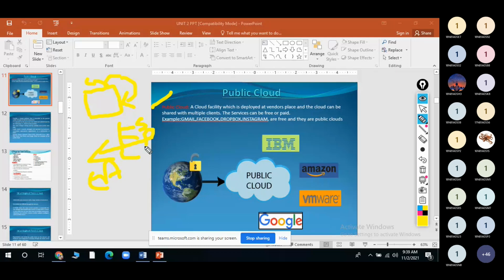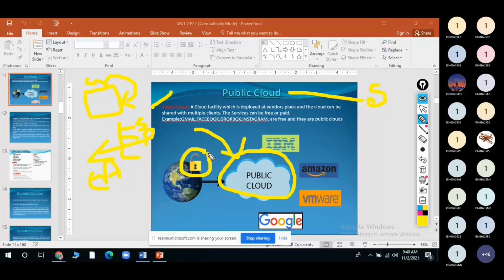So in which case can you choose? First of all, the public cloud will not provide full security to the users. Why? Because every member of the general public will be accessing the cloud. See, the lock is open, everyone can access the services. So first of all there will be no security, and no guarantee for your data that no one is watching what you have placed. Everyone can see, everyone can misuse. So there is no guarantee.